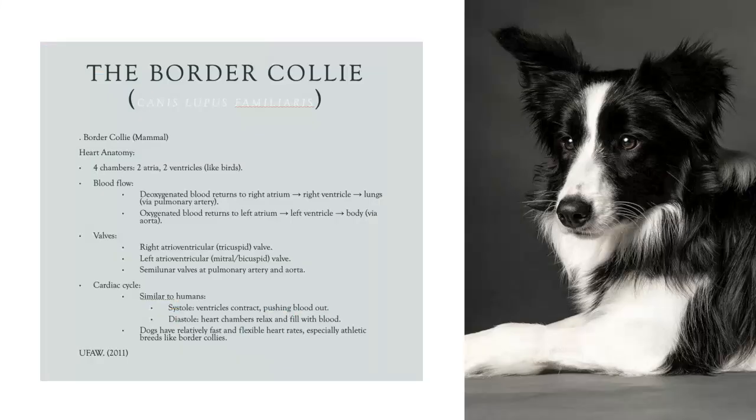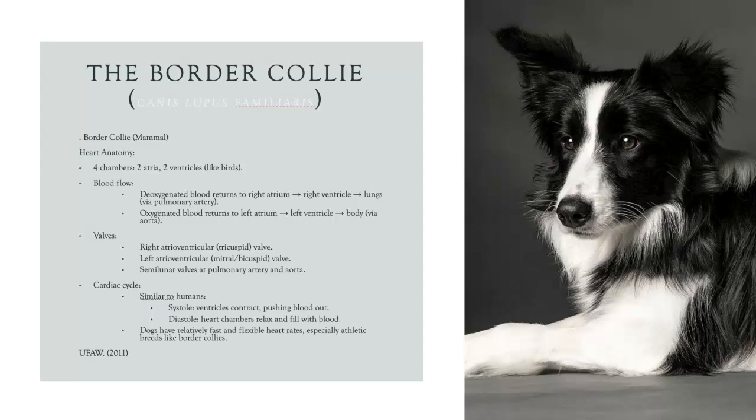Next, we have the border collie for our mammal. The heart anatomy includes 4 chambers, 2 atria and 2 ventricles, just like the birds. And for the blood flow, deoxygenated blood returns to the right atrium, through the right ventricle and to the lungs via the pulmonary artery. Oxygenated blood returns to the left atrium, through the left ventricle, and then throughout the body